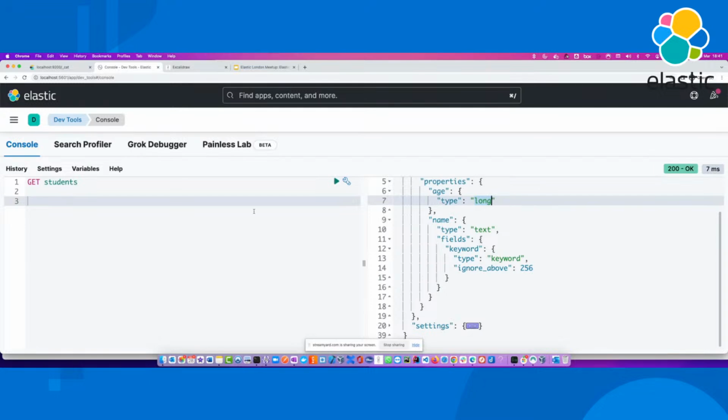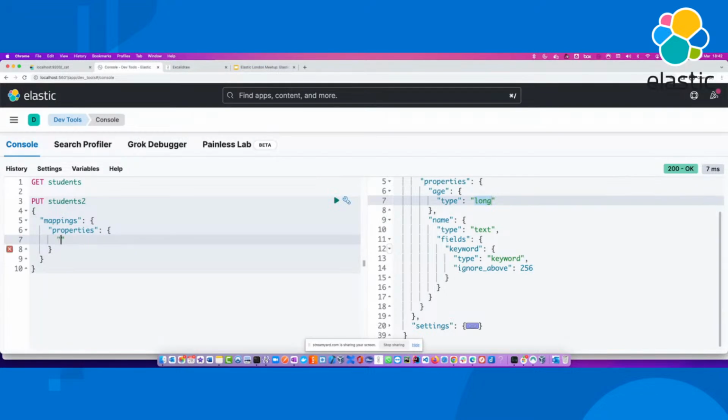So that means you can certainly create your own index with your own mapping. How do you do that? You can simply say I want to put a new index called student2. Here I can create my own mappings, and simply say properties.